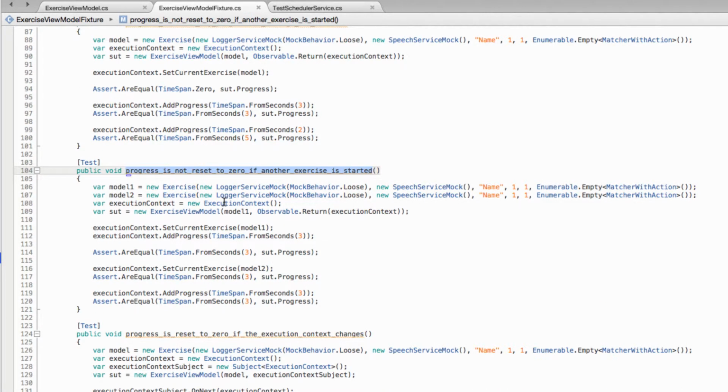Next, progress is not reset to 0 if another exercise is started. This one's a bit subtle, but if you think about what's going to happen in our view when we get to the end of an exercise, it's going to move on to the next exercise, and we don't really want the progress of the previous one to reset back to 0,